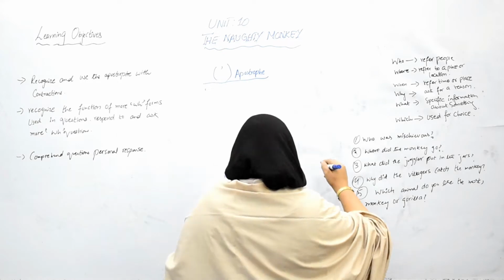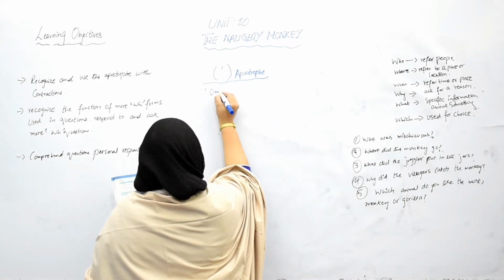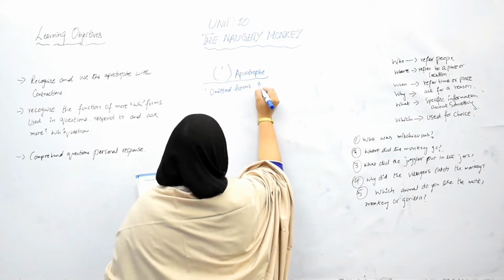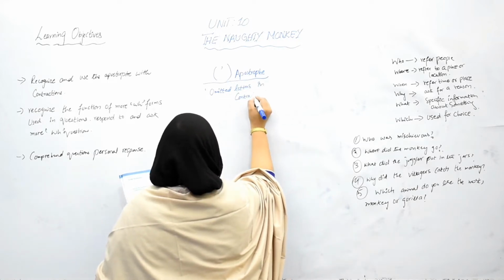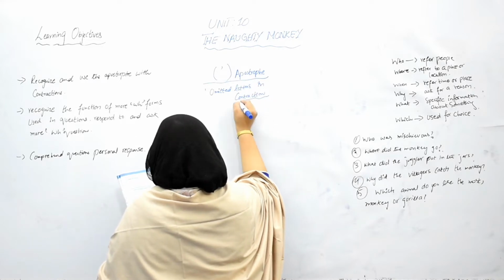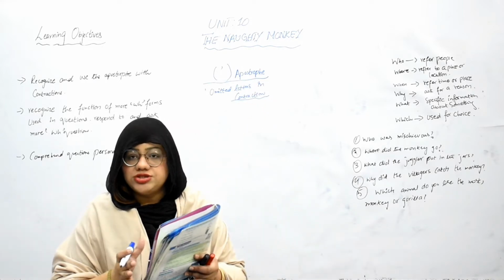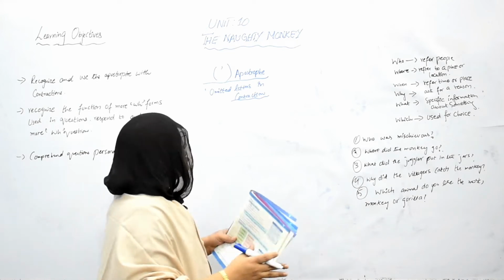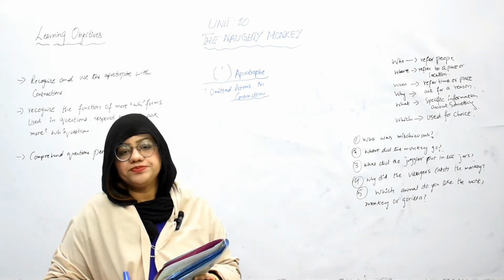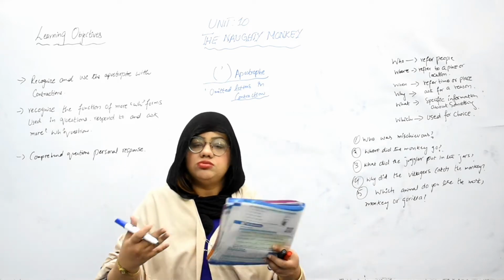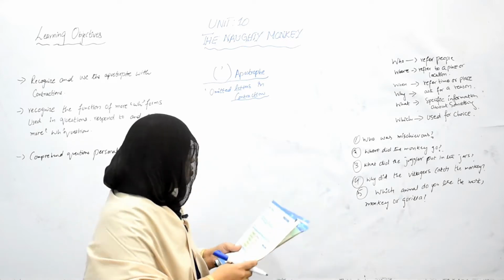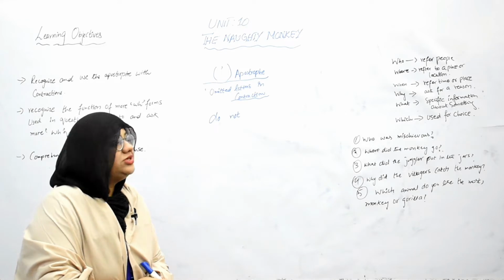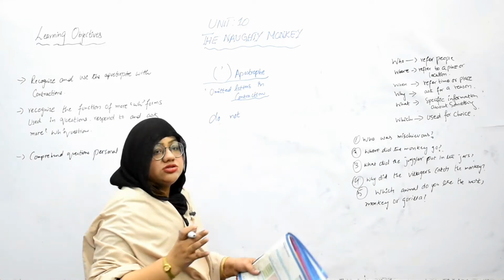For example, like it's, omitted letters. It means that letters are omitted in contractions. Whenever we shorten some words, some letters are omitted and we use apostrophe. Let me give you some examples so you might have a better understanding. See this, for example, I'm writing here, students, do not. These are two words. Contract means to